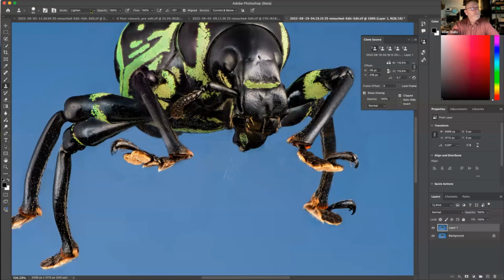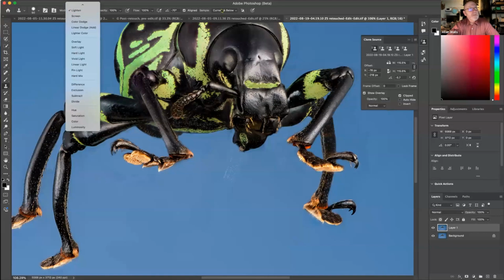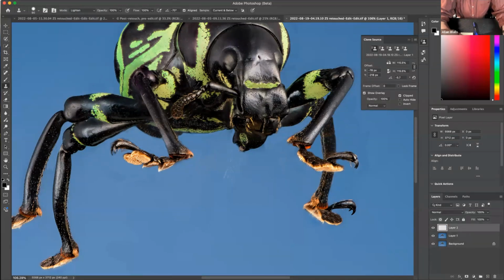Let me change my mode back to normal. Always be sure that when you're using the clone stamp tool, you can change the brush just like any other brush, but make sure that you're on current or below. That won't really affect you on this one because we are on that layer. But if I was trying to do my clone stamping on a separate layer, an empty layer, so that I could change it later, and I have that set to current layer, then when I